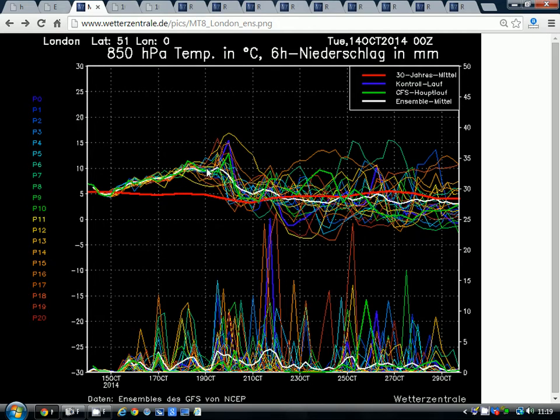Often does around the 18th, 19th, 20th of October. It's a time where we do often, very often, get a push of warmer air from the south-southwest. It's one of the regular singularities that you tend to find with British weather. But then as we go into next week, we cool off quite quickly, and we see those temperatures dipping back